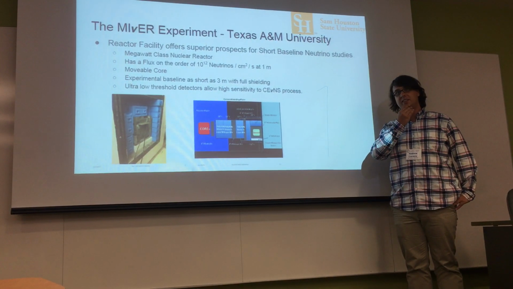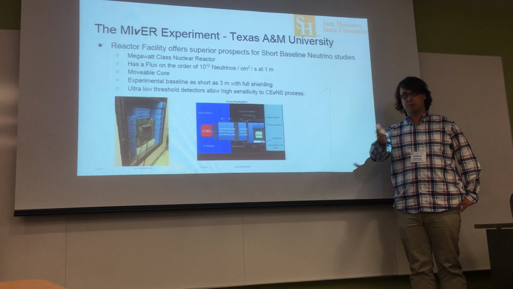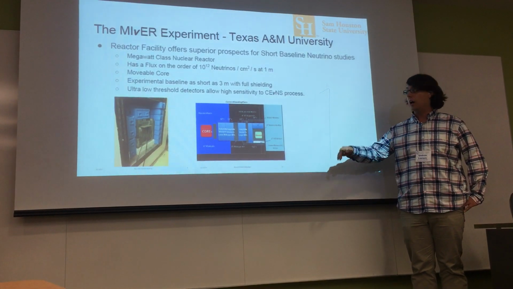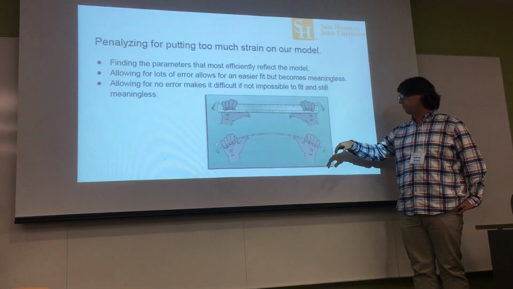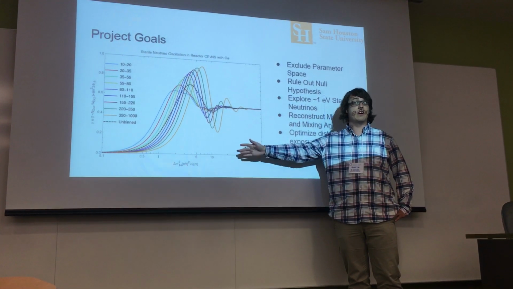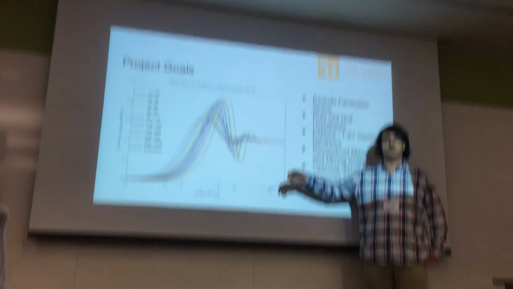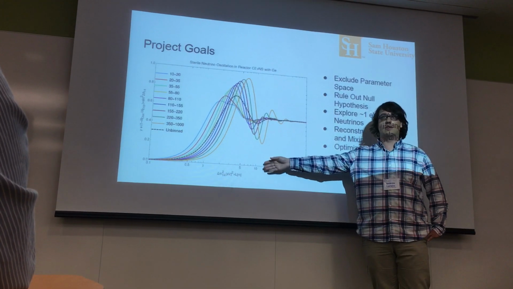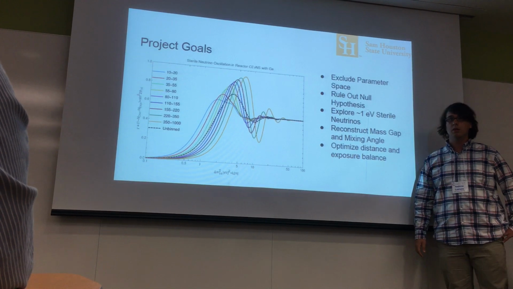We haven't delved much into the outer boundaries of this. We've been looking at shorter ranges, somewhere between the 3 to 10. If you go back to the original oscillation graphs, we've taken this to be fairly literal because we're looking at 1 eV sterile neutrinos. So we're only going to look for about 10 meters out at most. Yeah, I mean, the interesting thing would be if